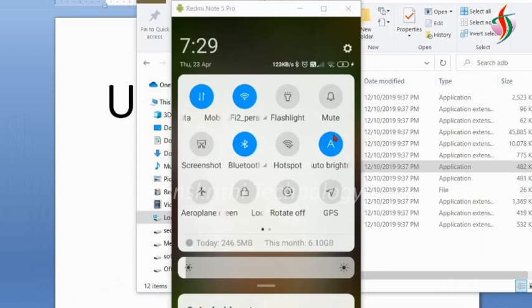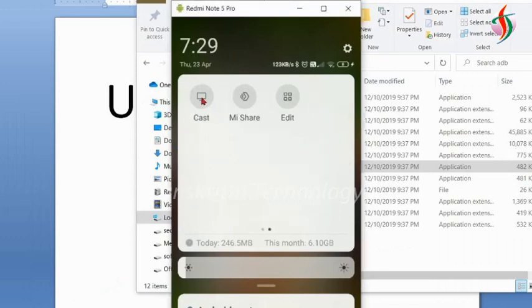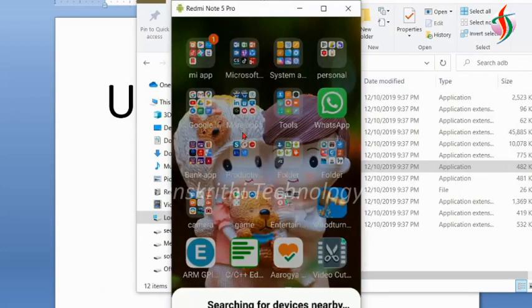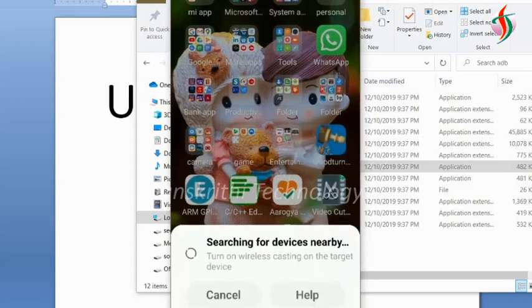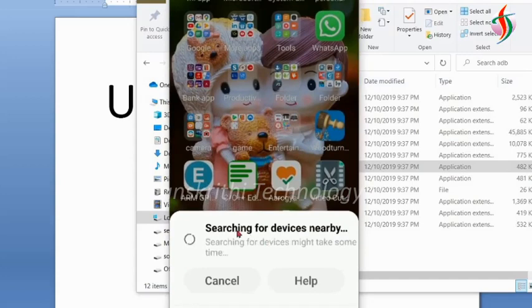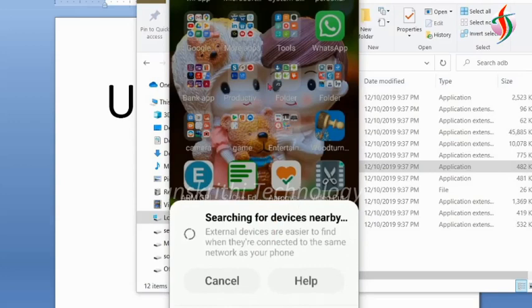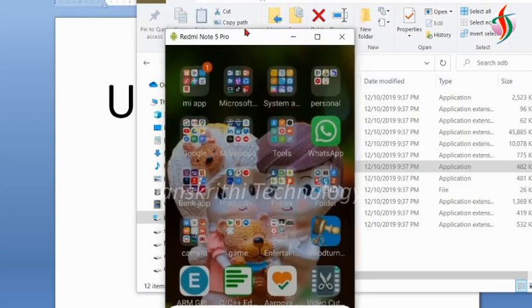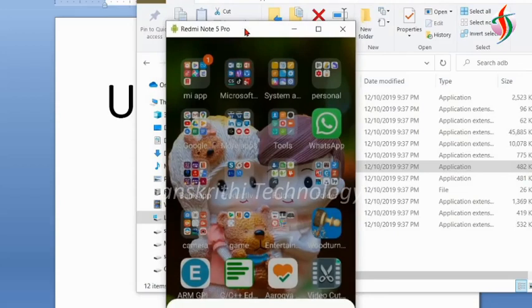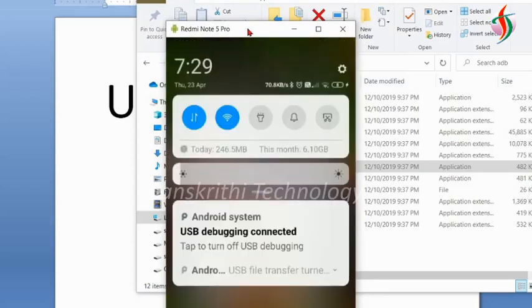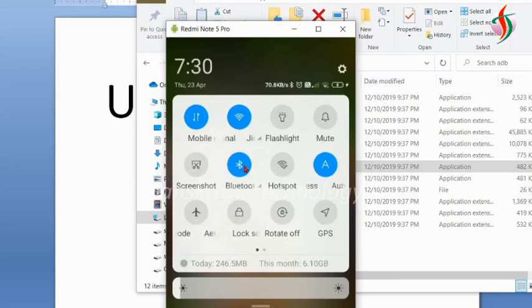So these are the two methods, wired and wireless. But in this wireless method, we need a common Wi-Fi network, and the advantage here is you can parallelly listen to the audio also, but there is a lag in the display. So you can use the wired method for video, and for audio you can use this casting. So together you can use it to